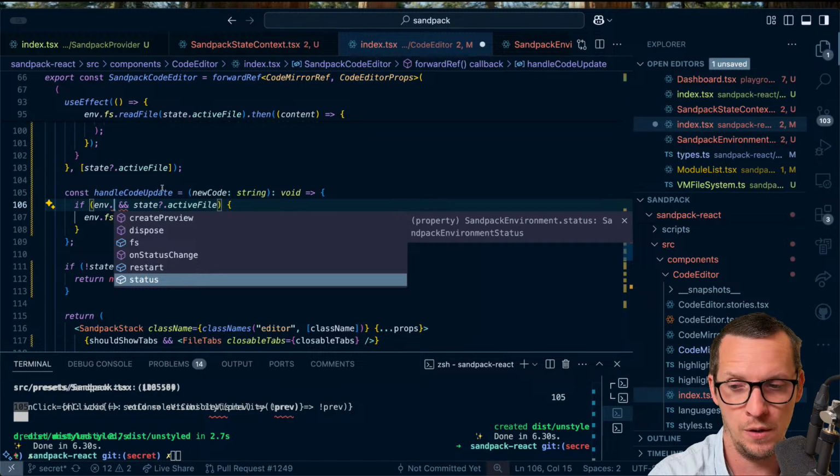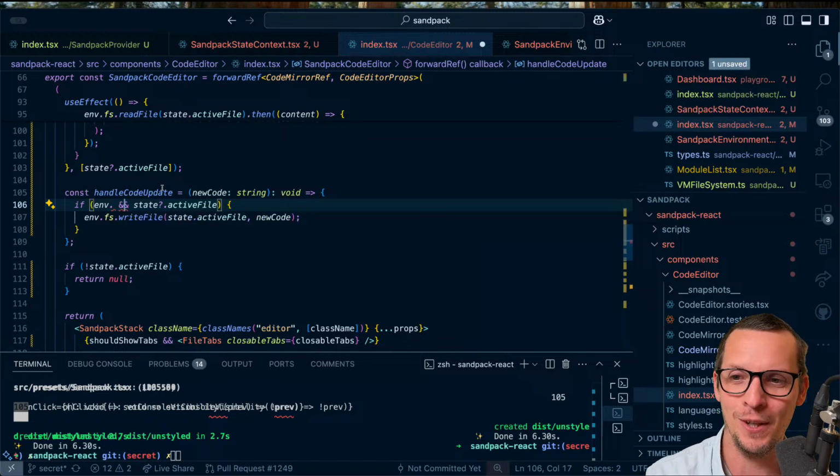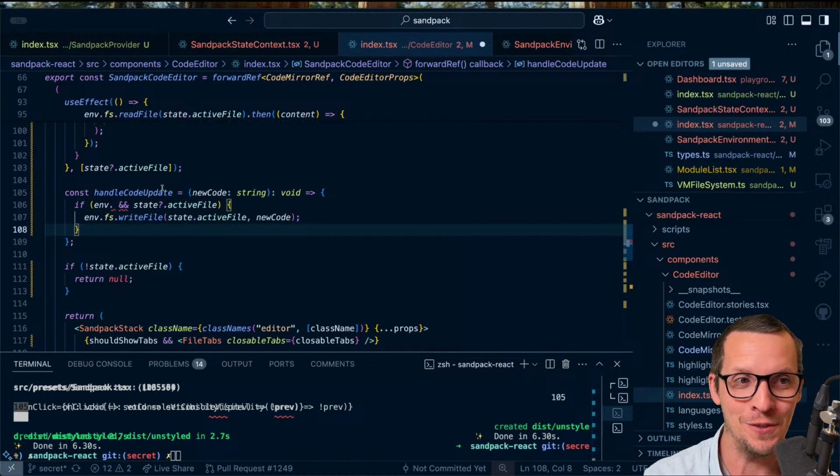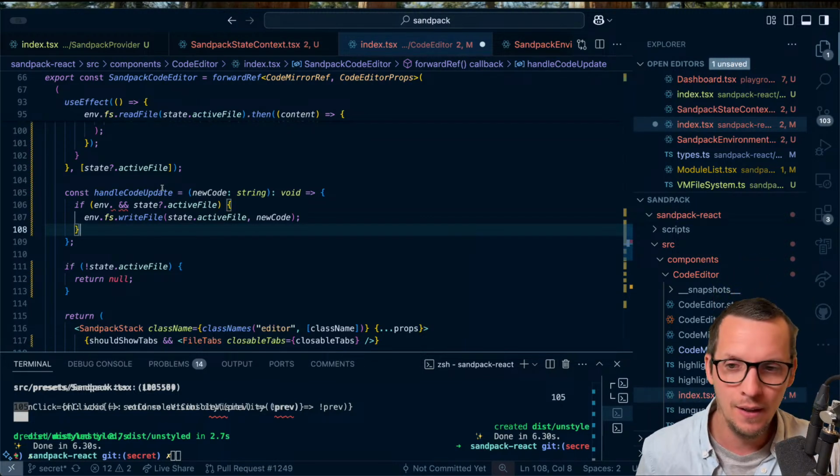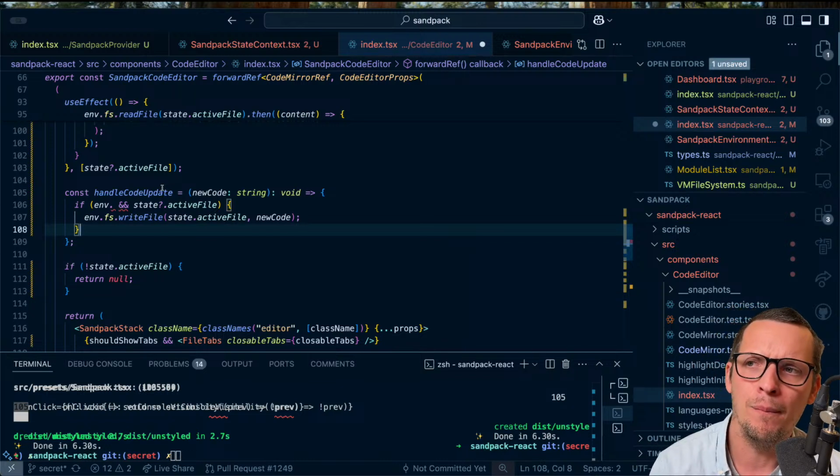But we want to update the bundler. So in that case, we should write to the file system. So there's a different scenario where you do want to write to the file system, but you only want to save to the database when you actually press Command S. But with a VM, you don't want to write to the file system. You want the event to have